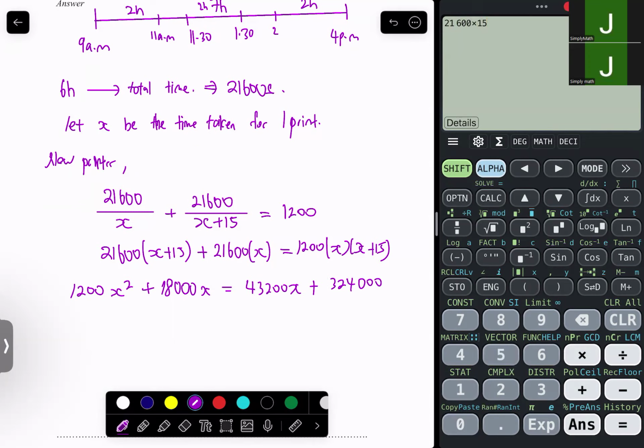Okay, so bring over 1,200 X squared minus